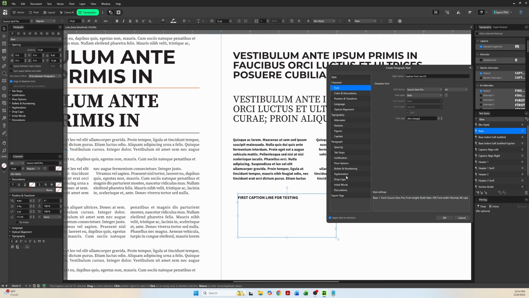And scrolling down here, I want to add in the background fill essentially for this paragraph style. Now, how can we achieve that? We do that actually underneath the decorations option. So we click on decorations, you'll see the decorations here, and we have an enable checkbox. Let's go ahead and enable the decorations. And these will all highlight so we can now fill these out. And you'll see we can apply a border to the left, to the top, to the right, to the bottom. I want to do a fill. So I'm going to go ahead and click on the fill option. And now you'll see we have a light gray fill behind our caption text here,